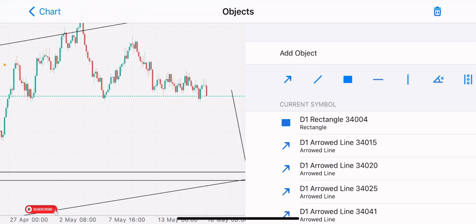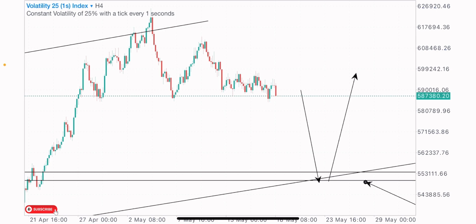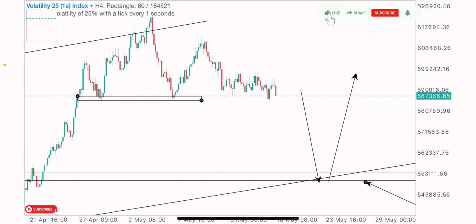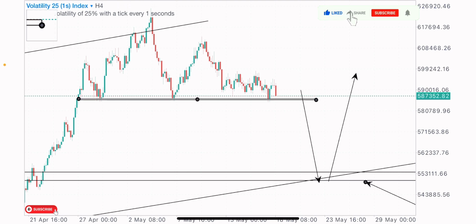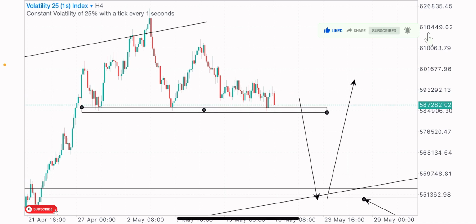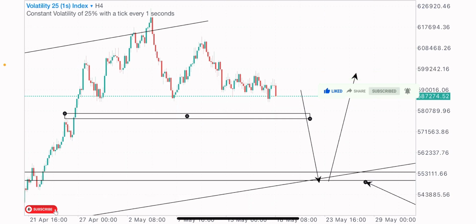So on the 4-hour time frame, we actually had a couple of levels which we'd be identifying. So we have one of those levels here on the 4-hour time frame chart. We have one of those levels here. This is a level of support, a strong level of support basically. And I feel like before price